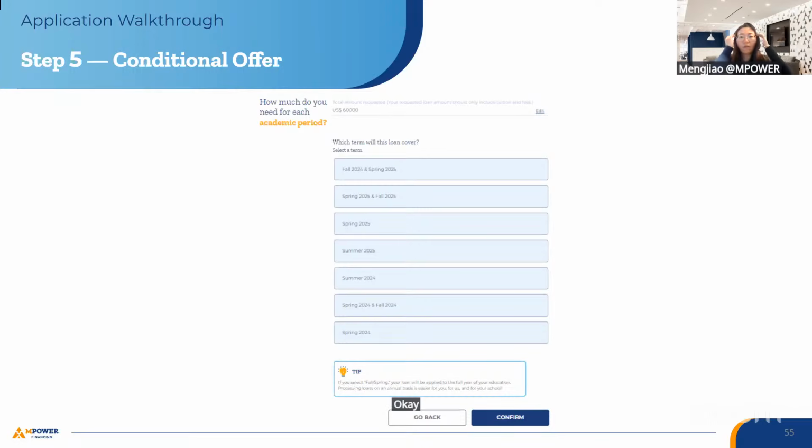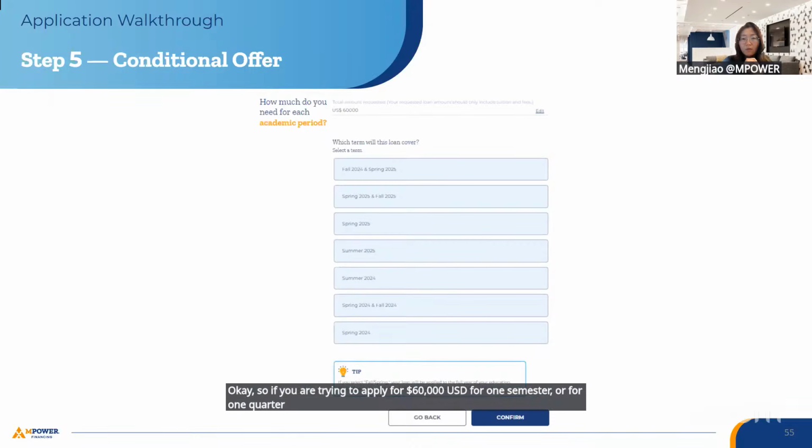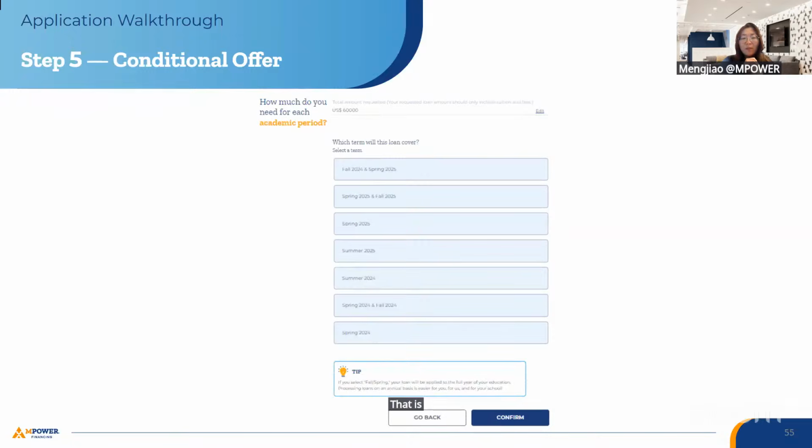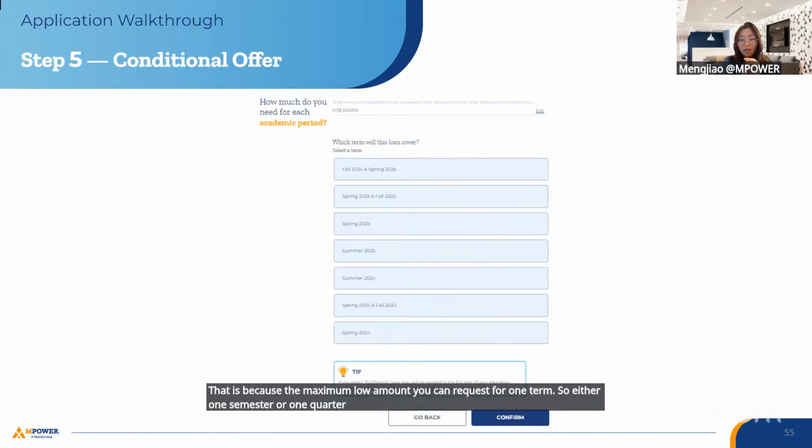Okay, so if you are trying to apply for $60,000 USD for one semester or for one quarter, then you will not be able to submit it. If you want to ask why, that's because the maximum loan amount you can request for one term, so either one semester or one quarter, will be $50,000.